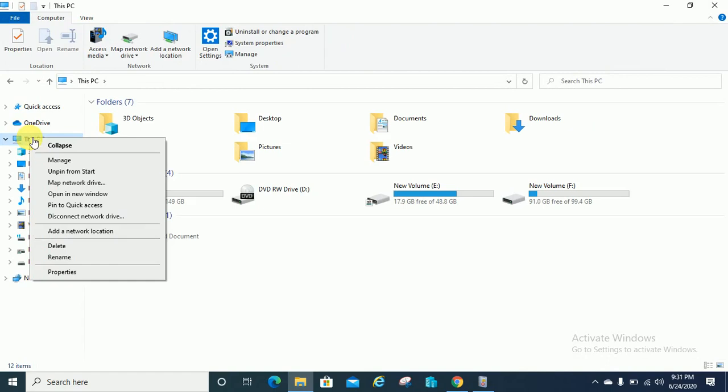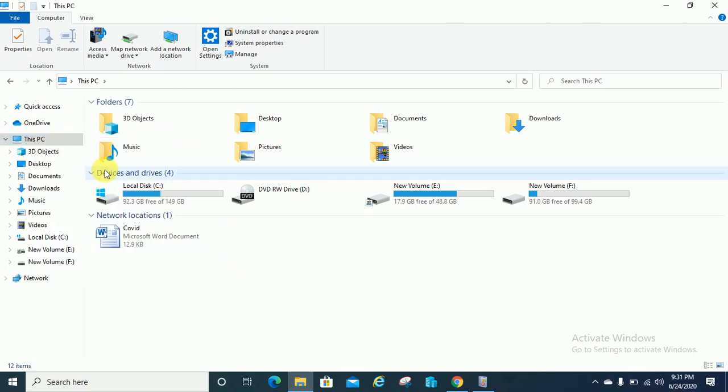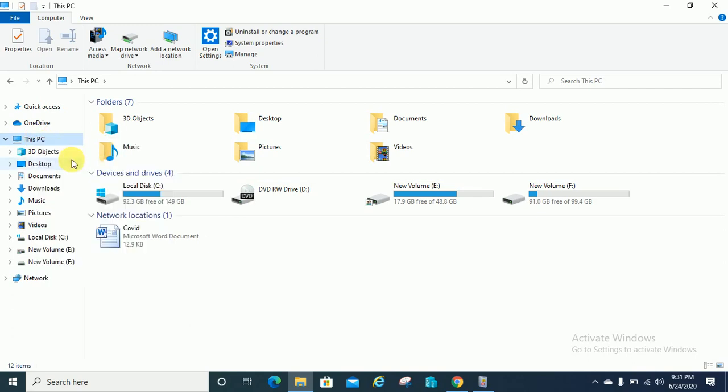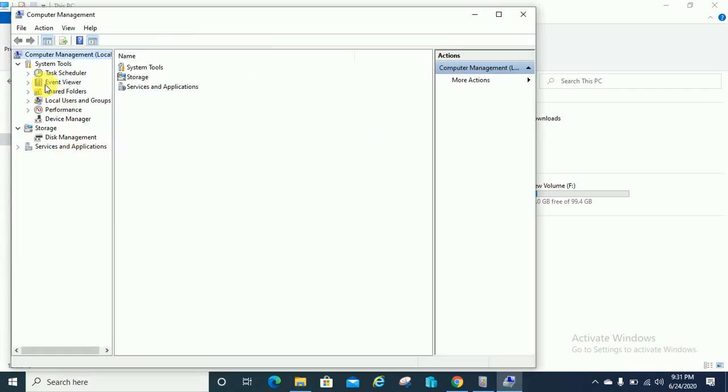right click on This PC. If you have a Windows 10 machine, then you have to right click on This PC, or if you have Windows 7 or XP, then there will be the option My Computer. So just right click on My Computer or This PC, go to Manage, and you can see here the Event Viewer.